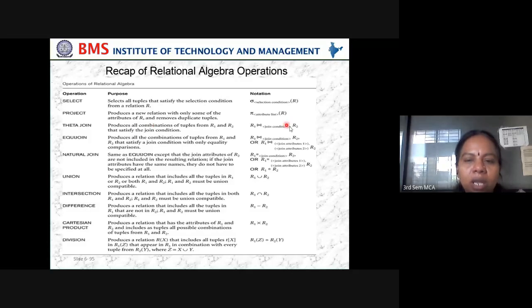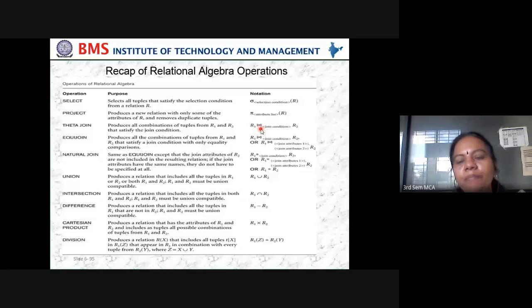Then theta join. How do we do the theta join? It produces all combinations of tuples from R1 and R2 that satisfy the join condition. That is R1 theta join R2. Then what is equijoin?